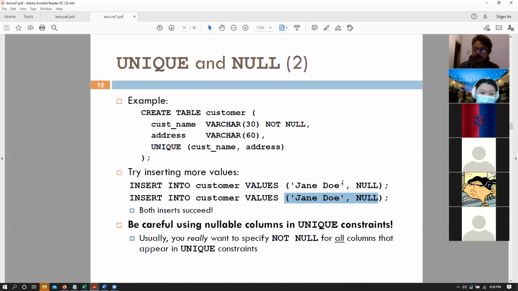And let's say that you're comparing these two values, and these two are array elements. This is the first array element. This is the second array element. And this is the first array element of the second array. And this is the second array element of the second array, right? Let's say that these are two arrays with two elements each. So how do you compare if two arrays are the same?